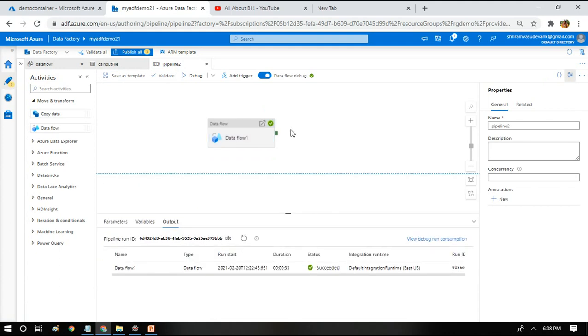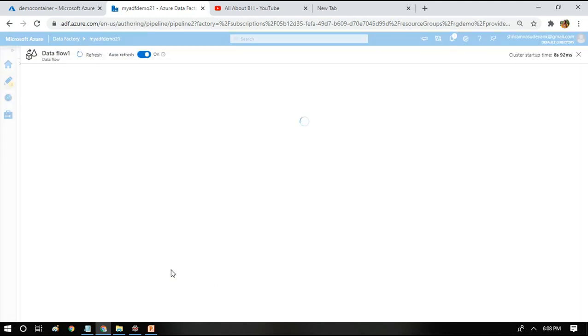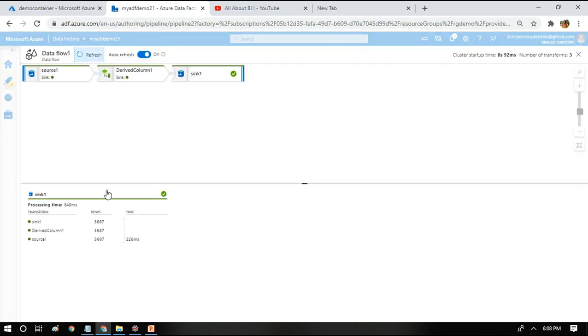To do that, when you click on the data flow and look at the details of the execution, you will get to know the execution time taken for each step of your data flow. Since I have a very simple data flow, I don't have it split into multiple areas, but if you have many transformations, you will see which part of the data flow takes more time. We have to identify that first in order to fine tune the mapping data flow.